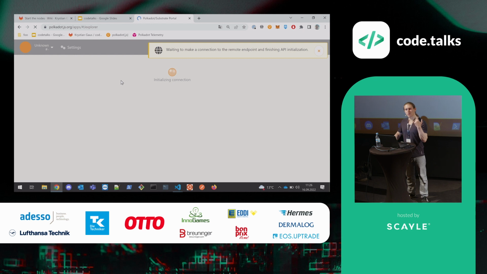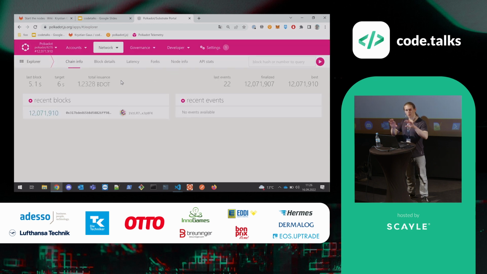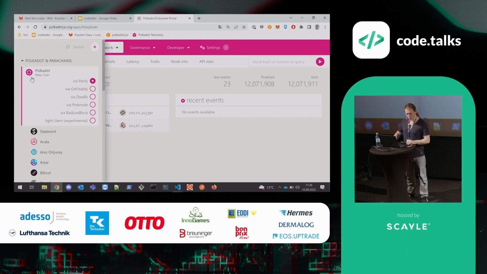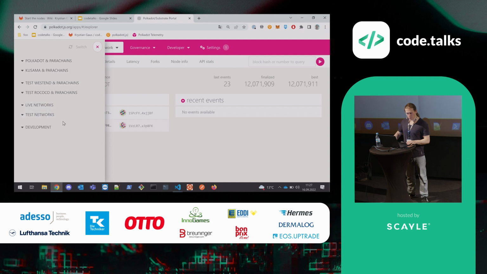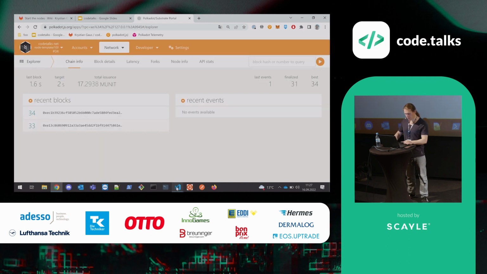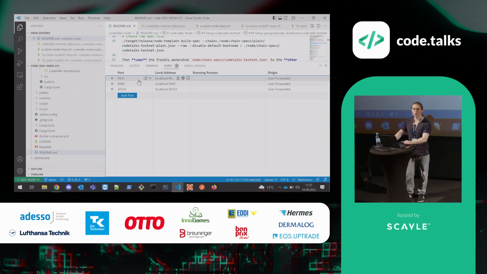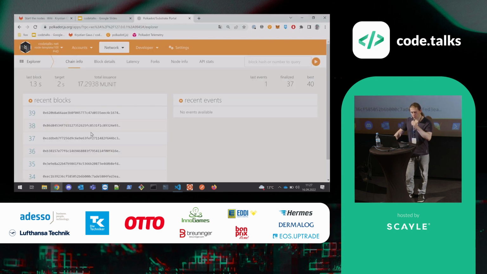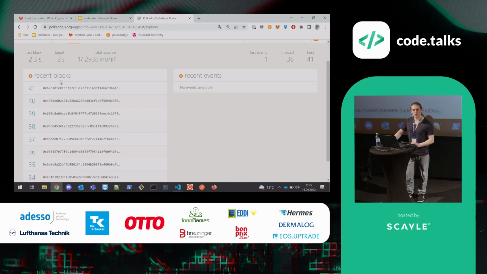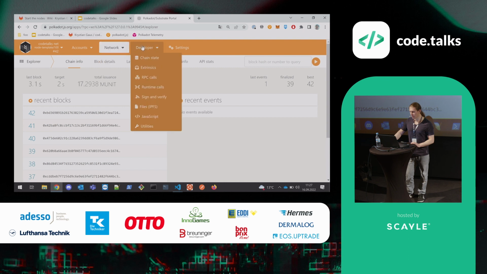Because with this app, we will also be able to execute some commands on our network. So this is obviously the Polkadot network. Let's switch to our local network, our code.talks test network development here. And this is port number 9945. I just haven't shown it before. I've defined some ports beforehand, but you can also find everything regarding the ports in the README file. Cool, great. So you can see our recently created blocks,